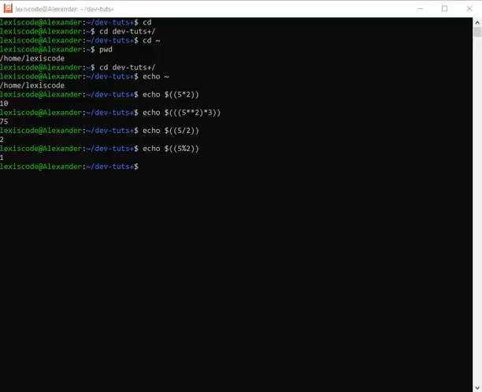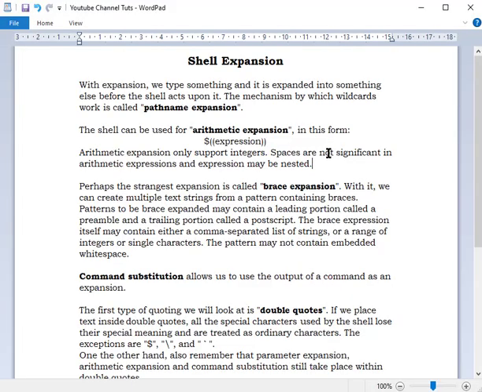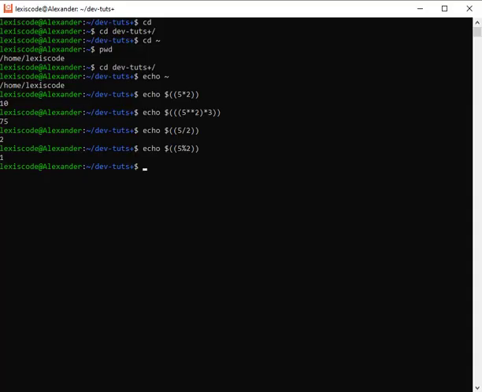Let's move on. We have something called brace expansion. Perhaps the strangest expansion is called brace expansion. With it, we can create multiple text strings from a pattern containing braces. Patterns to be brace expanded may contain a leading portion called a preamble and a trailing portion called a postscript. What that sentence is trying to say is that, for example,